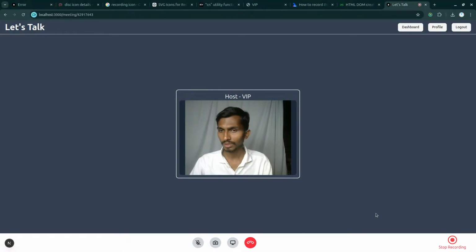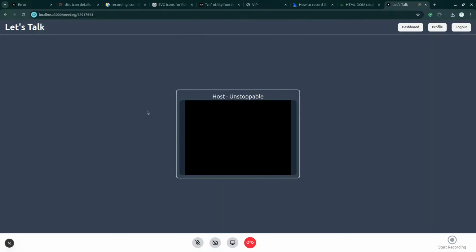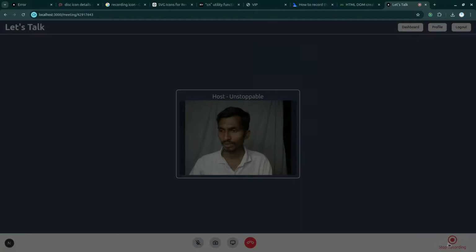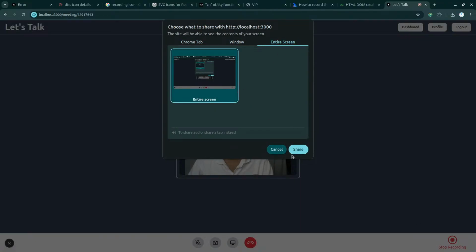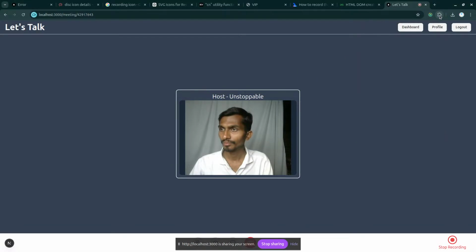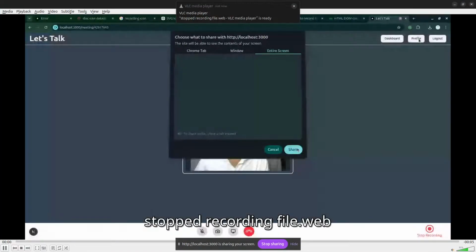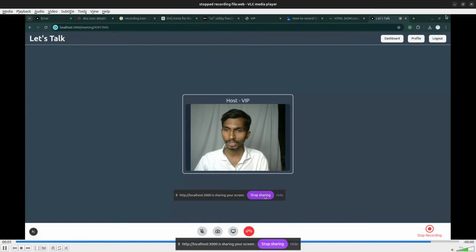And right now, if I try this, I reload the page. Oh, unstoppable. Enter. I can turn the camera on, and if I start recording, what all can I record? I can even record my entire screen. And this time I want to check one thing, that once the screen is being recorded, does it record the internal audio as well, because I have allowed that. So right now the entire screen is being recorded, and if I click on this stop, it should be